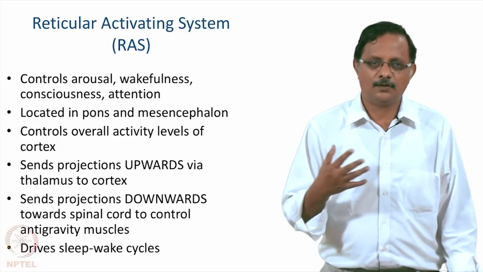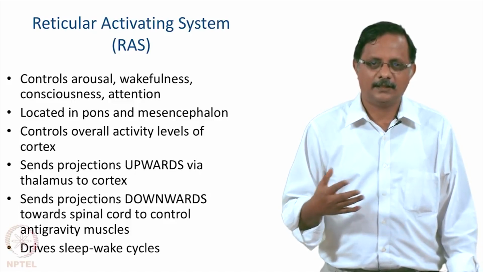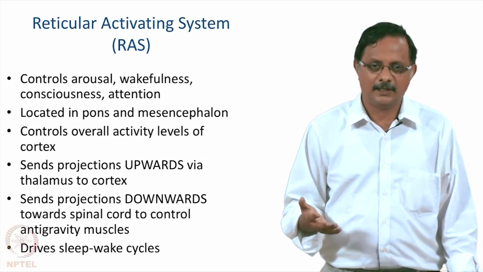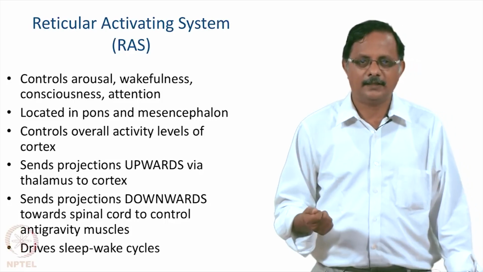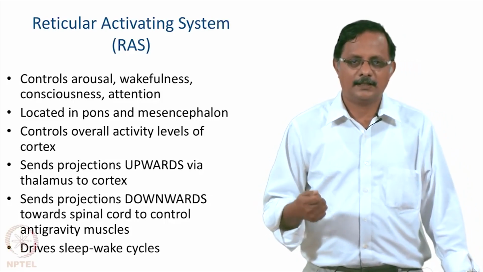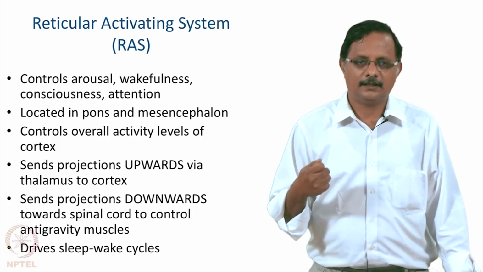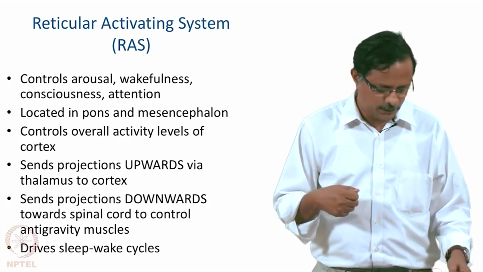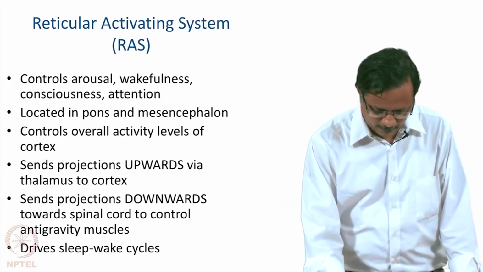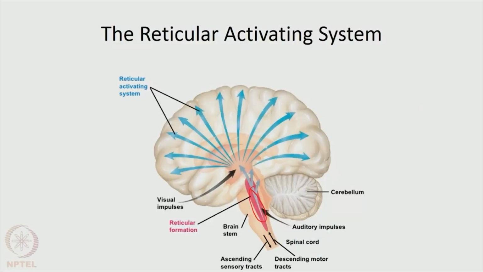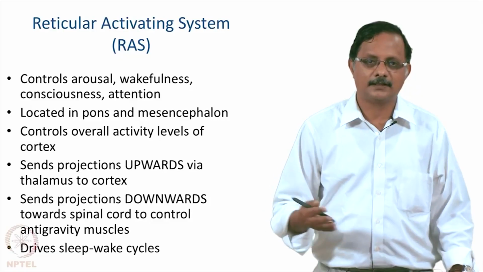So, the brain undergoes a global change in state between waking and sleep, and this change in state is controlled by the reticular activating system. And since it is a global change, the RAS actually projects to the thalamus, and like you see in this picture, the RAS is located here. It projects to the thalamus, and through the diffusely projecting nuclei of the thalamus, they activate and access large parts